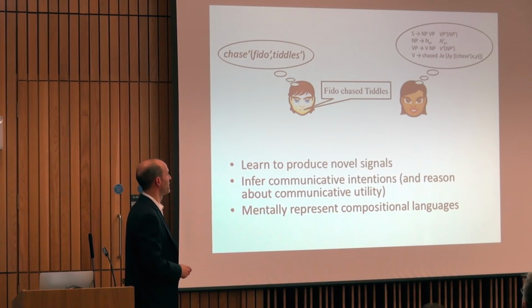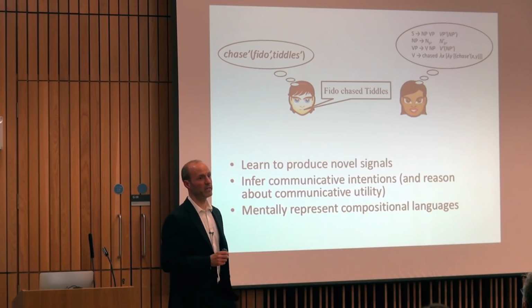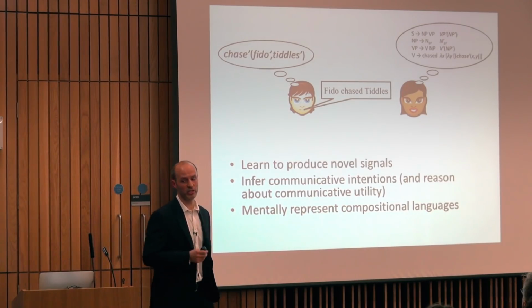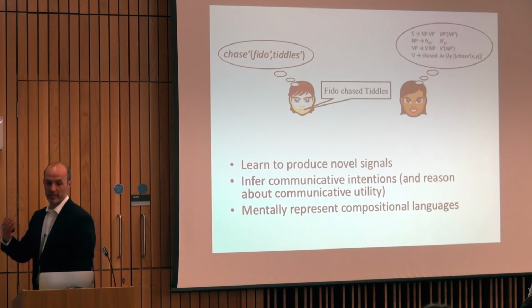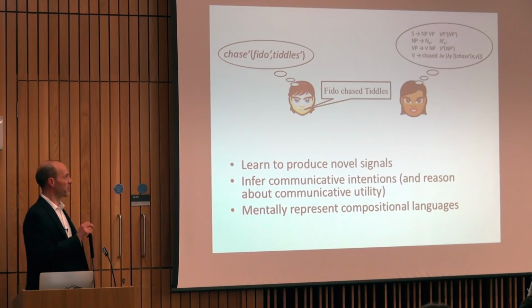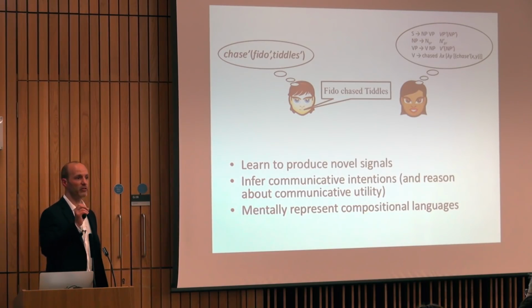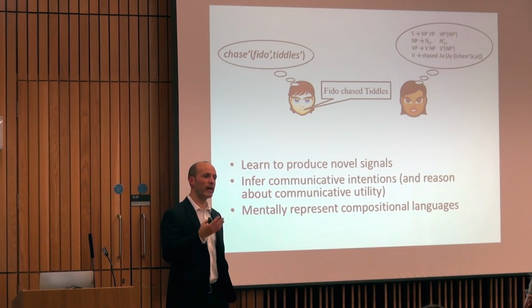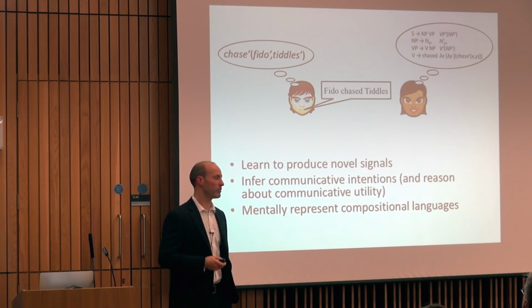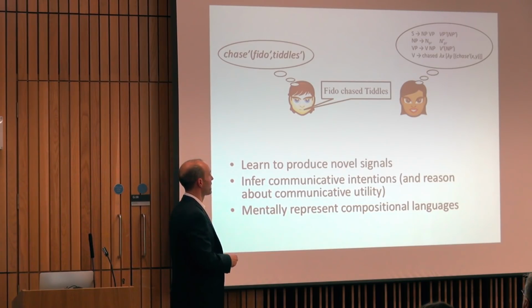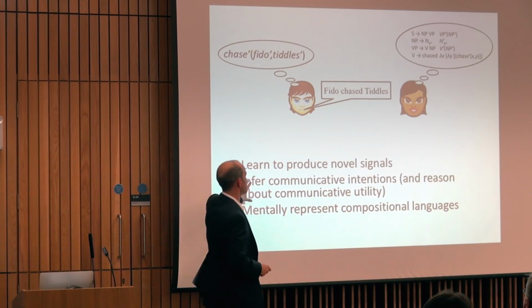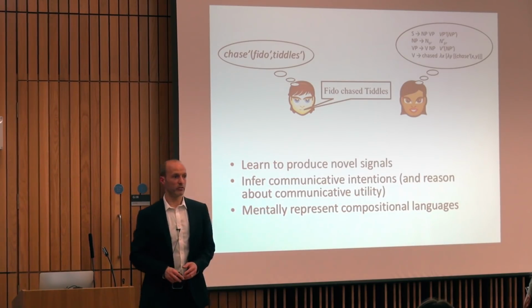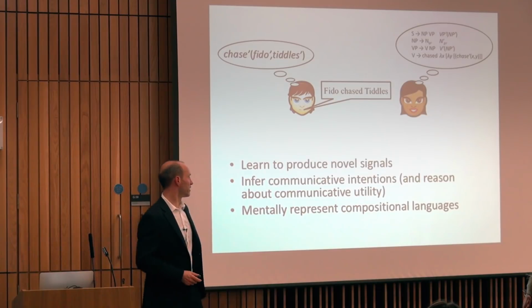Okay, so that requires the ability to reason about other people's mental states and to infer communicative intentions in other people. And then when it's your turn to speak, you have to flip that, and you have to reason about your interlocutor's mental states. You have to say, what do they likely know or not know, and what do I have to say to them to change their understanding of the world in the way that I want to achieve? So learning a language and also using a language involves reasoning about mental states in other individuals. If you can't do that, then you can't do iterated learning.